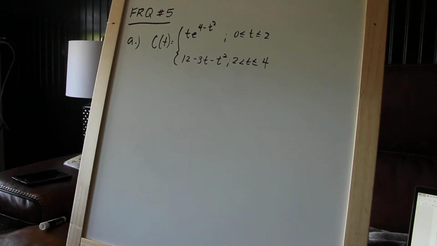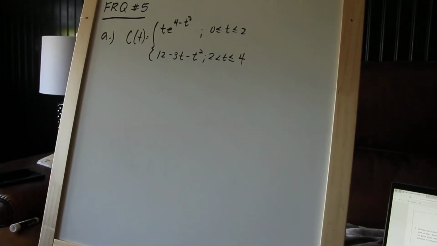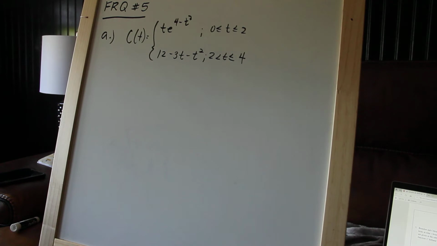Alright, so I got a question about FRQ number 5. If I take a look at the answers that were turned in, I can tell that there were some issues with it, and especially with C and D. I'm going to go ahead and go through A just real quick, so you guys can see what I did here,